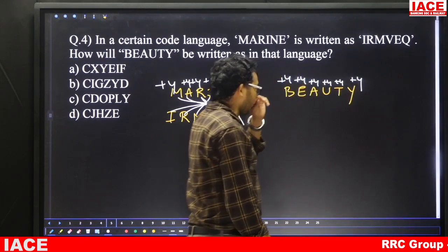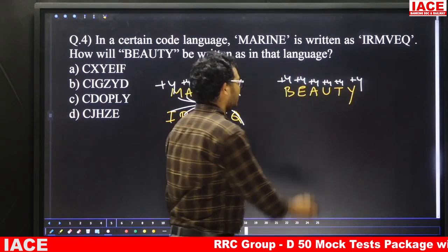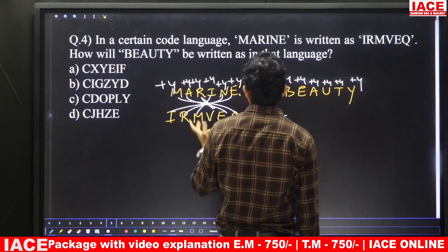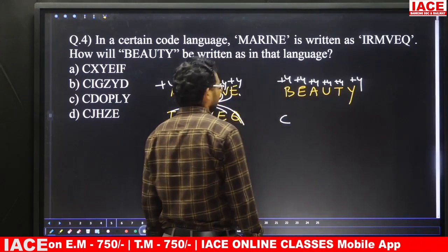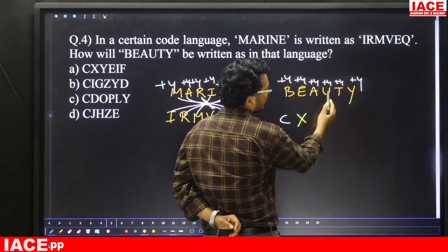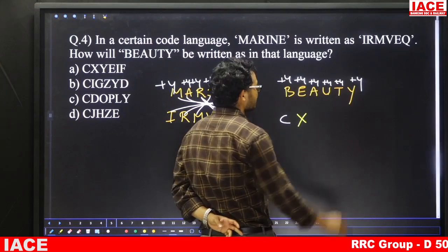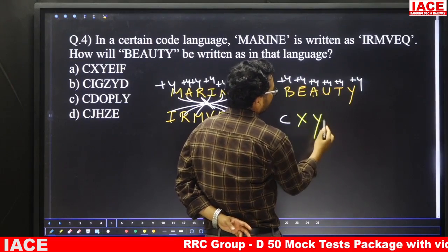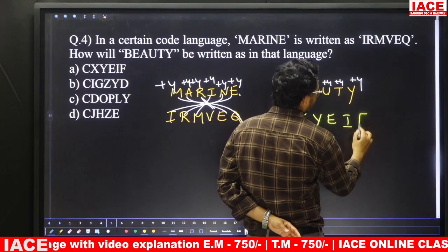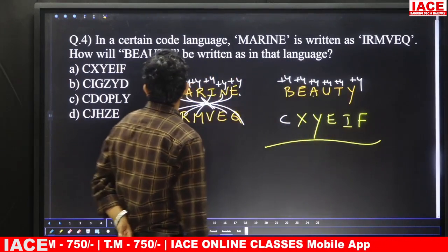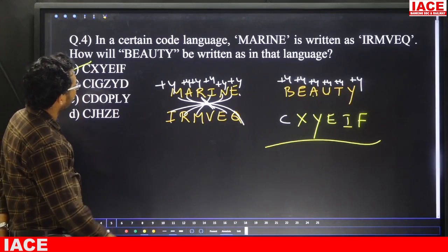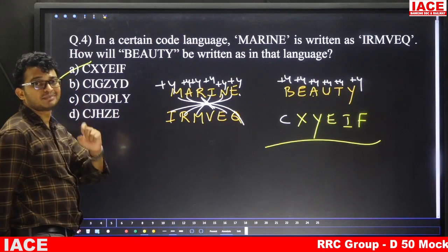Y plus 4 is what? Y plus 1, Z. Remaining is 3. That means the starting is C. Y plus 4 is C. With C, how many options are there? All options are there. Leave it. Next, go for the second one. Friends, here T plus 4. T is 20 plus 4 is what? 24, X. U 21 plus 4 is what? 25, Y. A plus 4, that means E. E plus 4, 9. Next, B plus 4 is what? 6. That means here CXY, EIF. Which of the following options is there? Option A is there. So CXY, EIF. The logic here is plus 4.